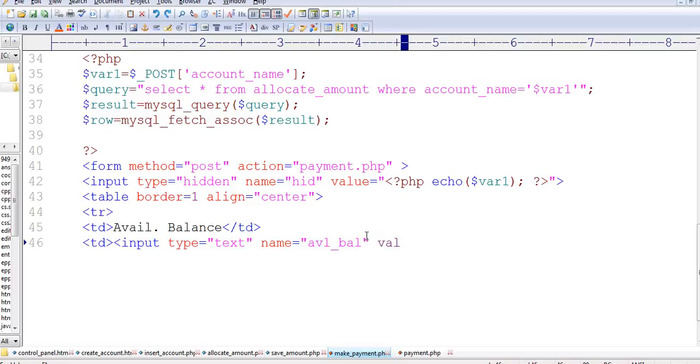we are going to show that value. And for that we are assigning that value in the value attribute of the input tag. Okay, td close, tr close,